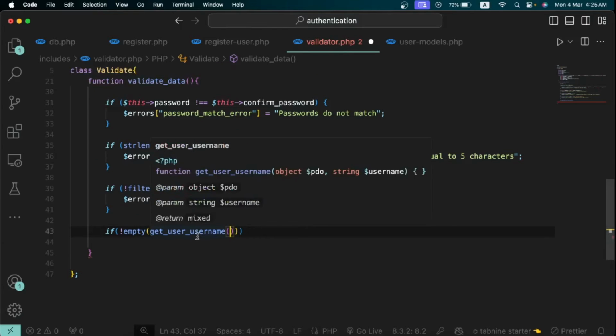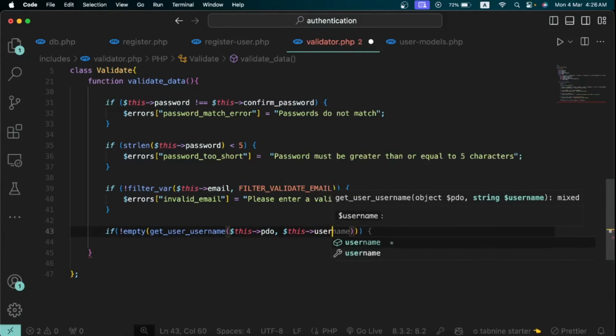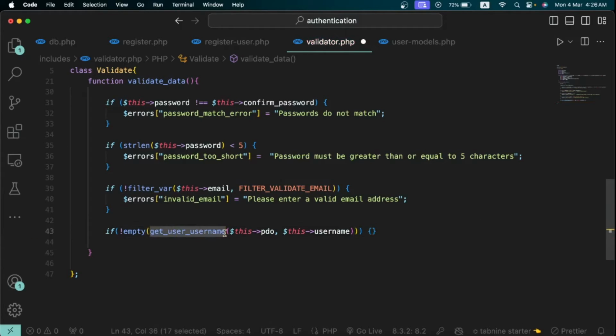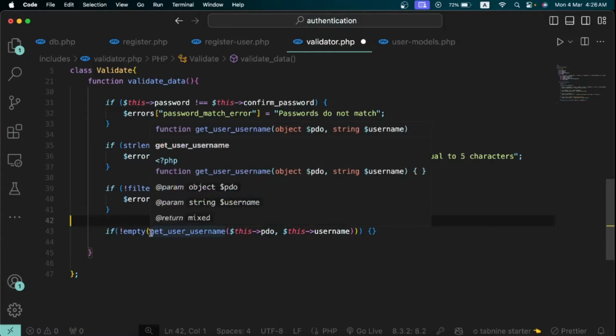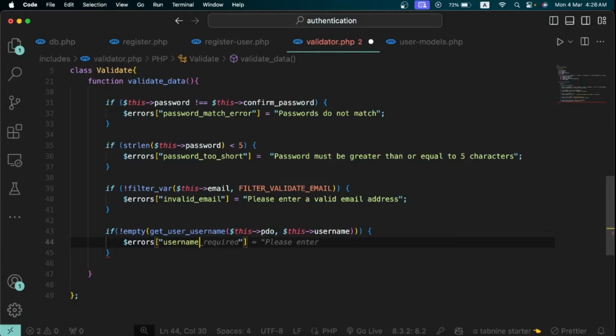I'm going to pass in PDO first, so I'm going to say this PDO, and then the next thing we need to pass in is this username. So I'm saying if something is returned from this function which we had created here, then it means that a user with that username actually exists. I'm going to create a new error. I'm going to say errors, username exists,